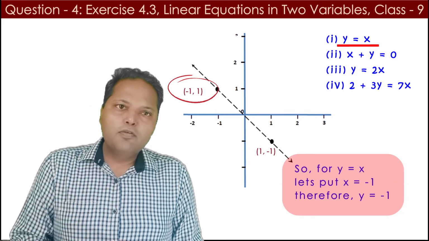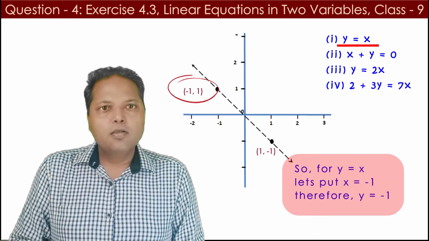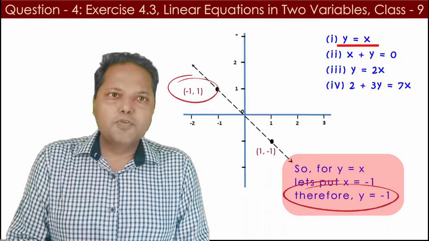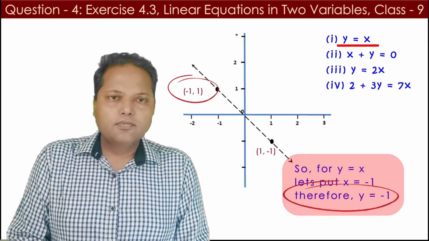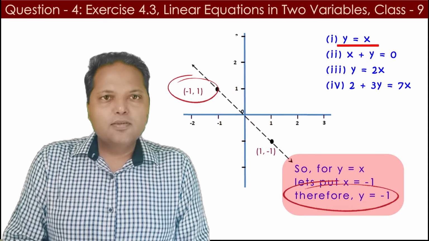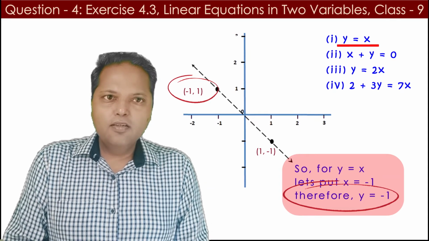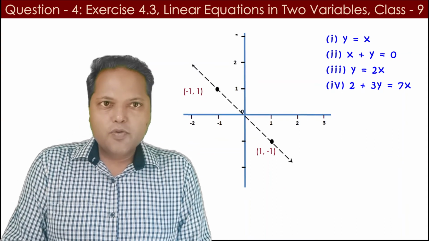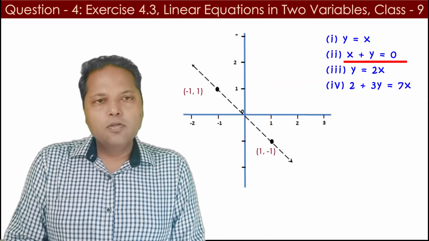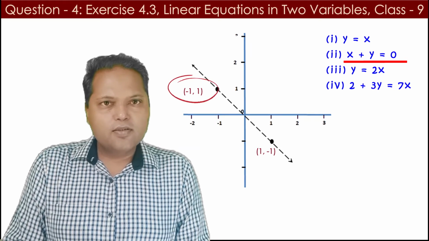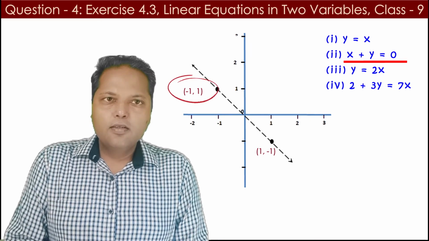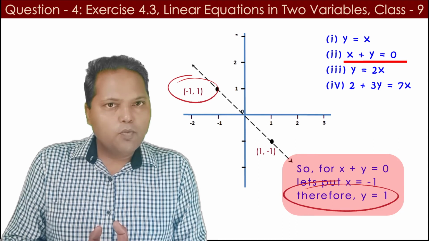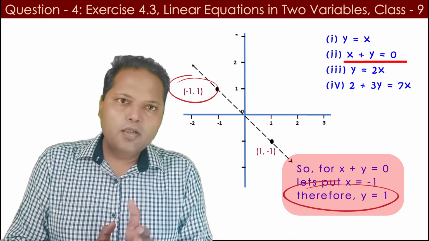So if we put the value of x as minus 1 here, then the y is not equal to the value of coordinates which are given here. That means this coordinate is not satisfying the equation, and we'll now move on to the next equation. So the next equation is x plus y is equal to 0, and we'll put the value of x and we'll see the value of y, and now it is satisfying. So that means at least one coordinate, one point is satisfying this particular equation.